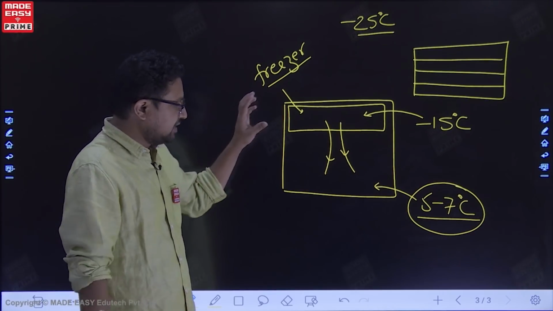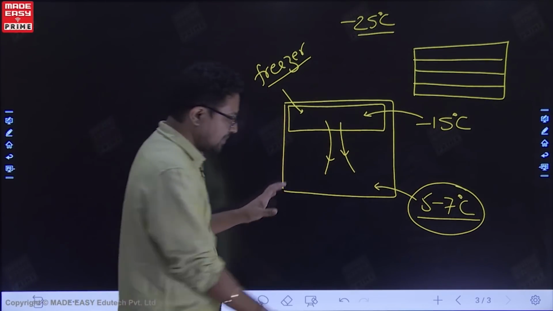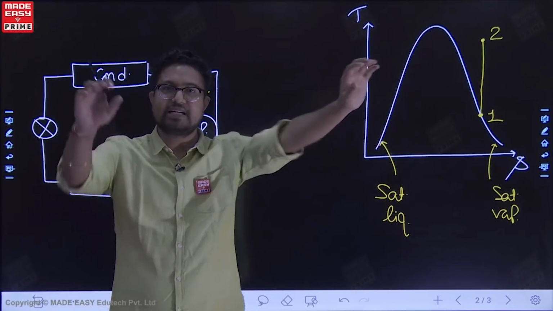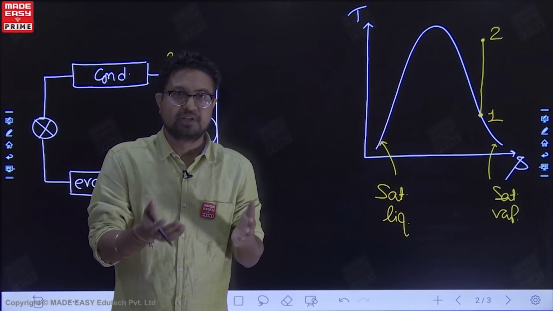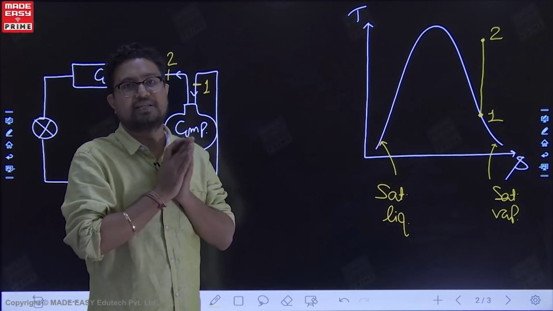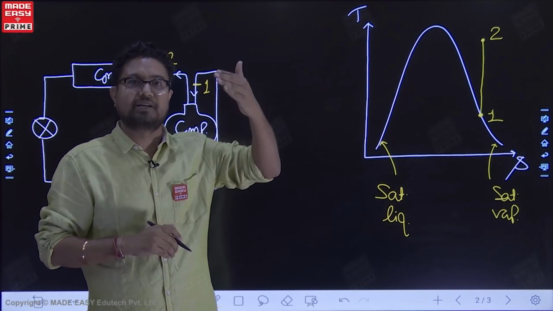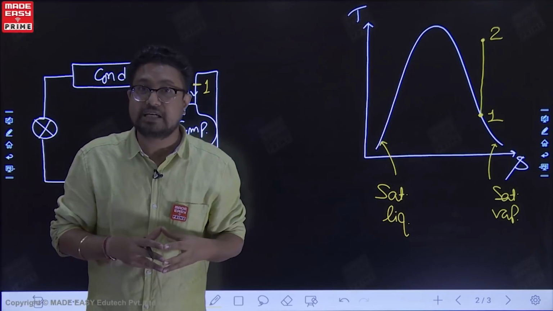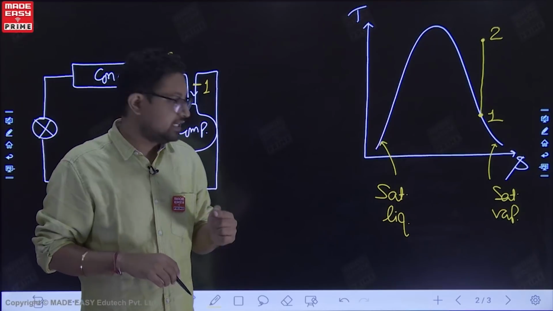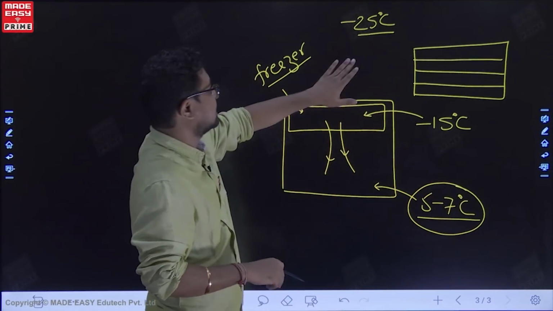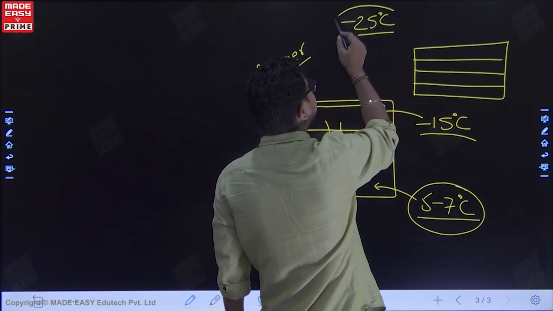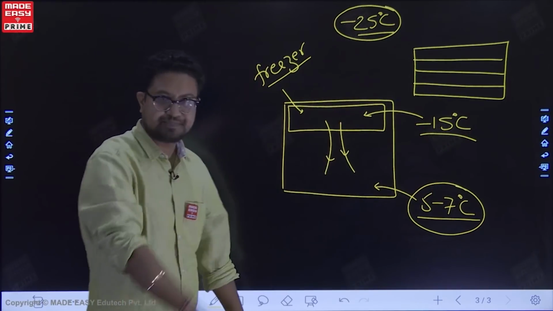So now we understood one thing here. Let us come back. What we were discussing? How to obtain cooling. So we have a saturated vapor. I have compressed this saturated vapor to a pressure. Up to what pressure should I compress the vapor? Now, you want to absorb heat from this freezer section, you want to maintain minus 15, so you want to send the refrigerant to minus 25, right?